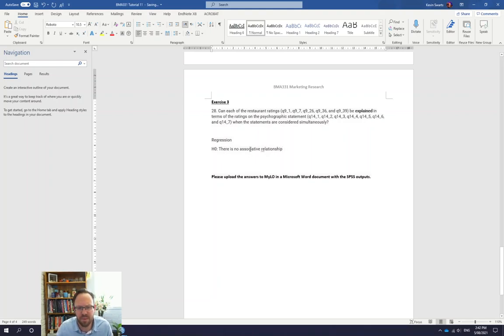In here, I'm just going to do associative, but this one's explained, so you could do explanatory relationship. Associative relationship can also be used for correlation as well. Whereas we do regression, which is more powerful, it actually formulates the multiple regression model, that y equals a plus b1 multiplied by x1 plus b2, and so on and so forth, expands it out. So the null hypothesis, there's no explaining relationship